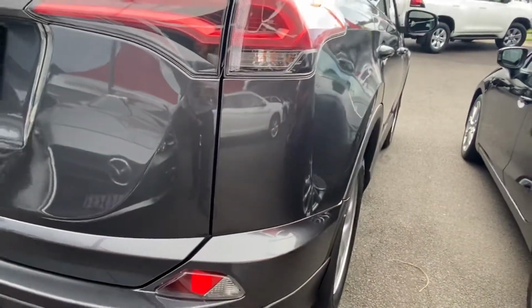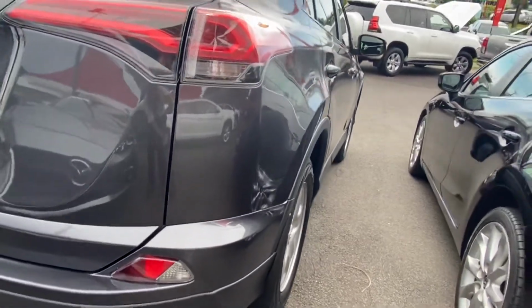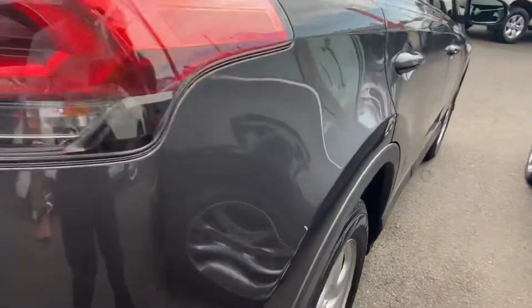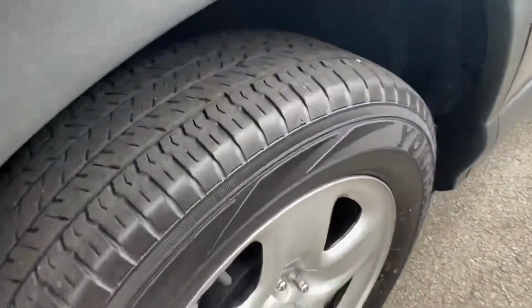Now have a look down the driver's side, just to give you a really good angle of the body again. And as we go along, just covering each panel. Got a marking here on the side, so those sort of things can be brush touched. As we make our way down, just checking that final tyre tread,